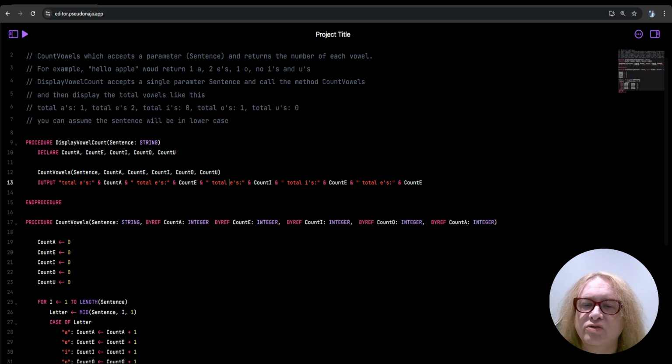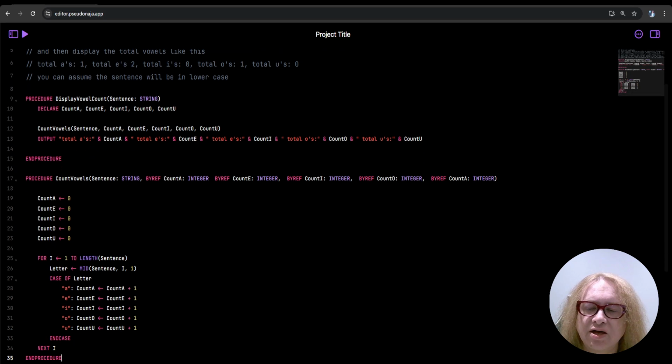Moment, let me show I've got all those. A, E, I, here we go, and O, and U. And now this procedure, because it's passing by a reference, wherever we make changes to count A in here,